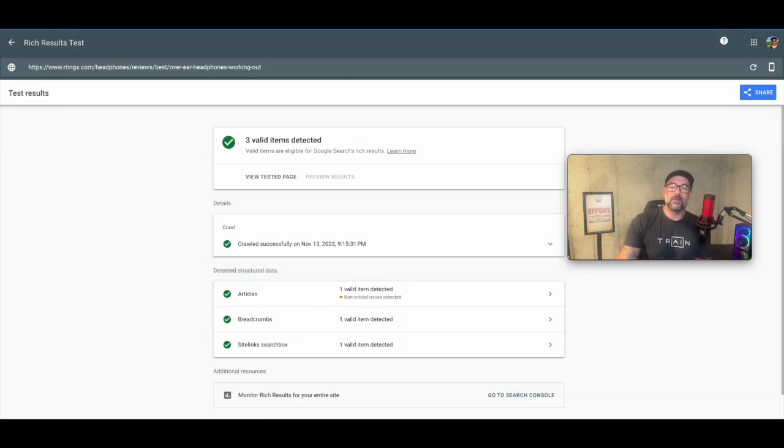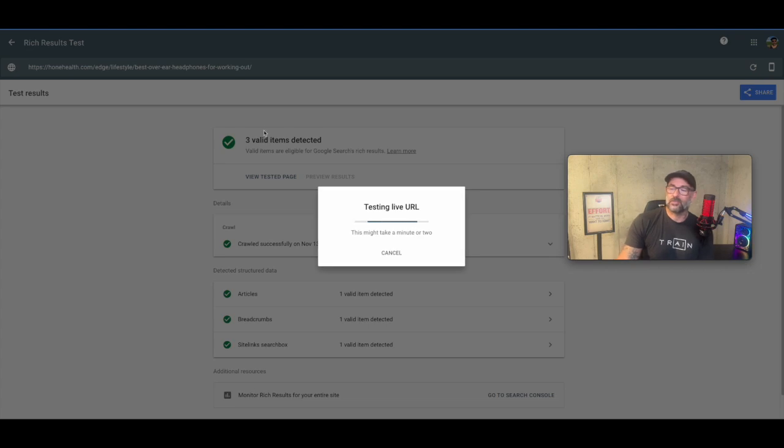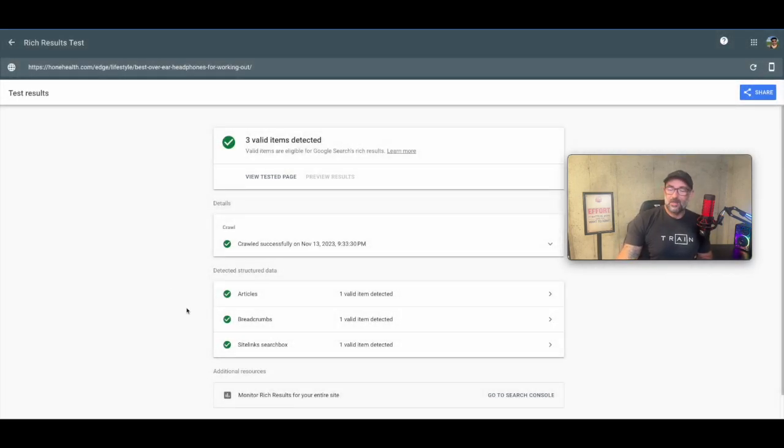So I started pumping them in there one at a time. Let me go backwards here. So I started putting these articles in there, and I'm thinking, man, as long as mine says articles and theirs says articles, I'm good. That means my schema is squared up. Something started to happen, though, as soon as I started getting these results back. Yeah, they all say articles. Perfect. That means I'm at least in the ballpark, but they all said breadcrumbs, and they all said sitelinks search box. Nothing of mine said breadcrumbs or sitelinks search box.